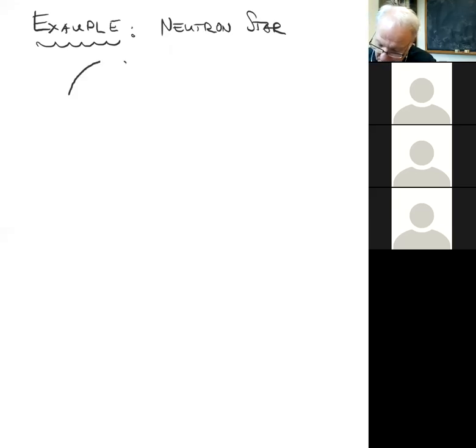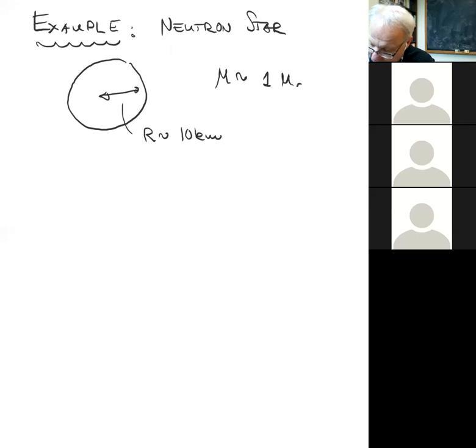Okay, so I have to tell you something about the star. In principle, by the way, you can work that out from the following fact. What a neutron star is, roughly speaking, is an object with a radius on the order of 10 kilometers or so, and a mass that's roughly the mass of the sun. Typically a little bit bigger than that. So you have a whole solar mass, but compressed into a spherical volume of radius roughly 10 kilometers.